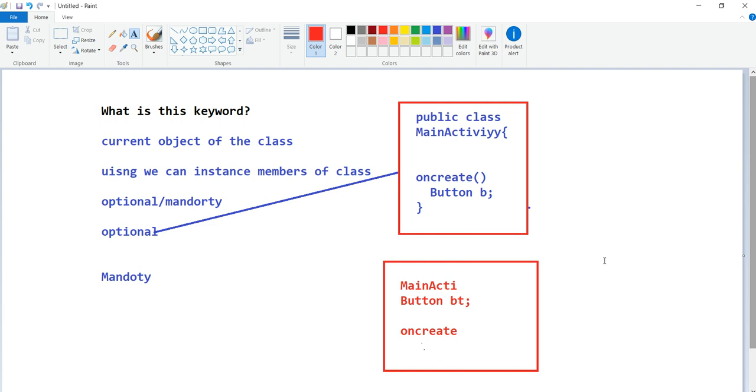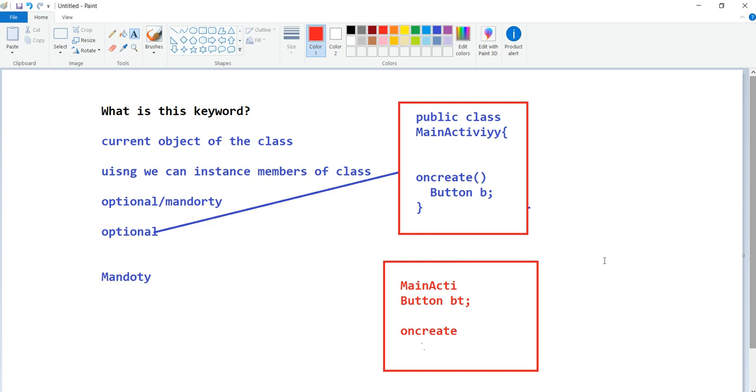This is used to access the zero-parameterized constructor of the current class. Whenever we are creating a constructor with zero parameters, we need to use this. This keyword can be specified for any parameterized constructor of the class. This keyword cannot be specified in methods, either instance or static. And finally, few more things. This keyword is used to access parameterized constructors in the current class. Whenever you are using a parameterized constructor in the same class, we can use this keyword.